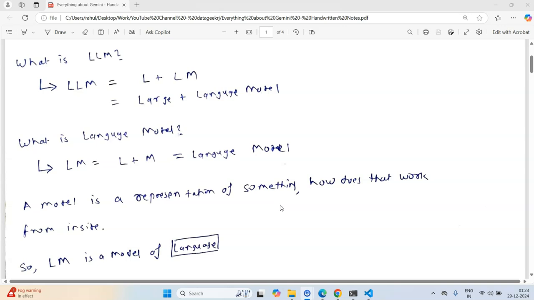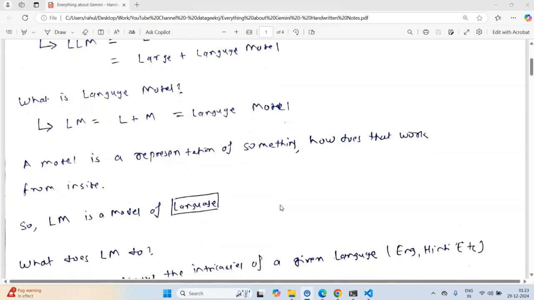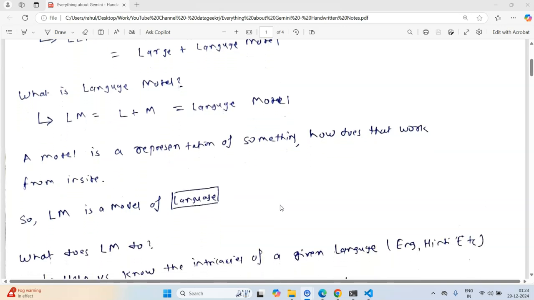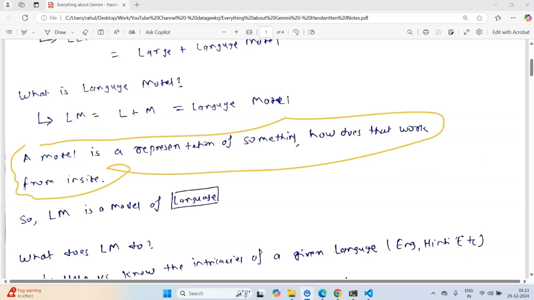Let's start with the language model part. Now what is a language model? LM itself is made up of language and model, so we need to think about what a model is. Here I have tried to give a very simplistic definition: a model is a kind of representation of something.